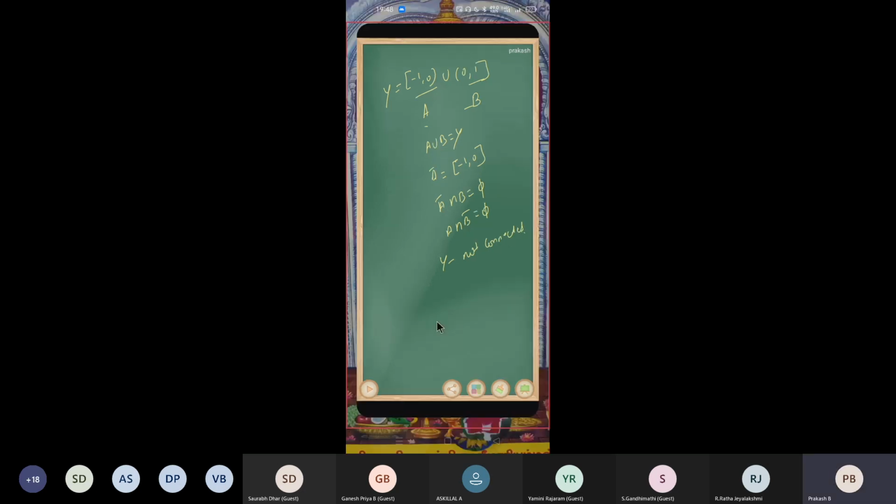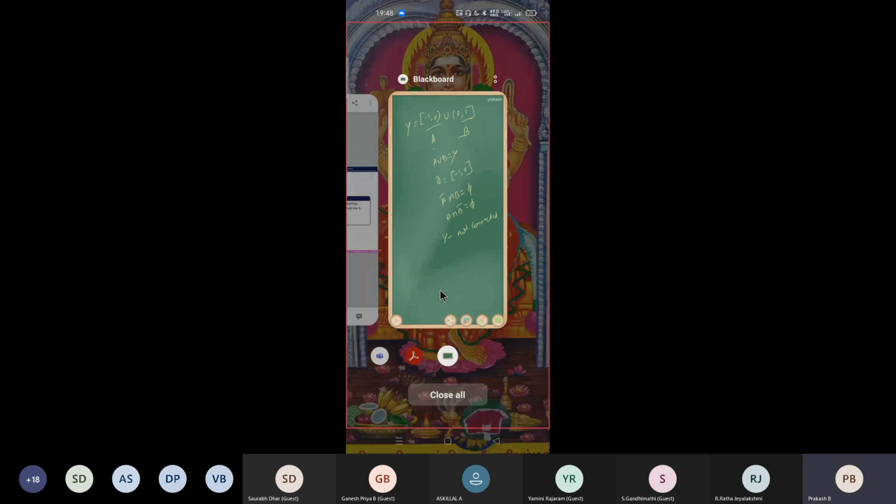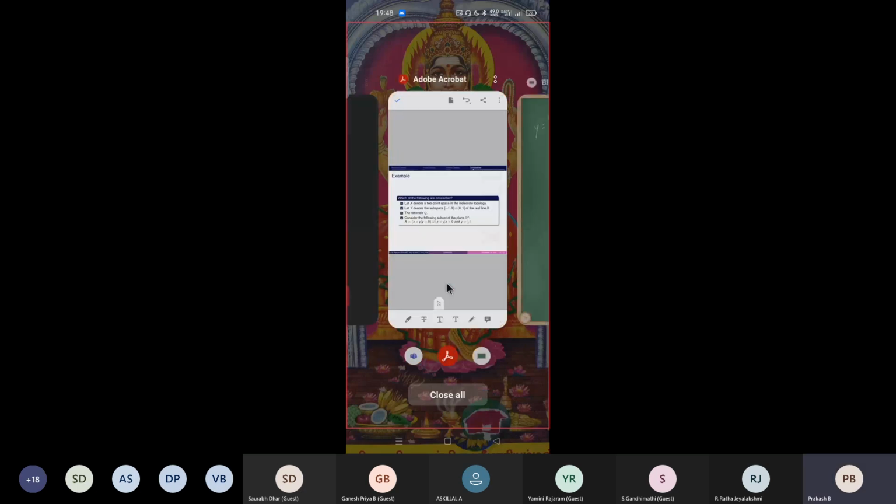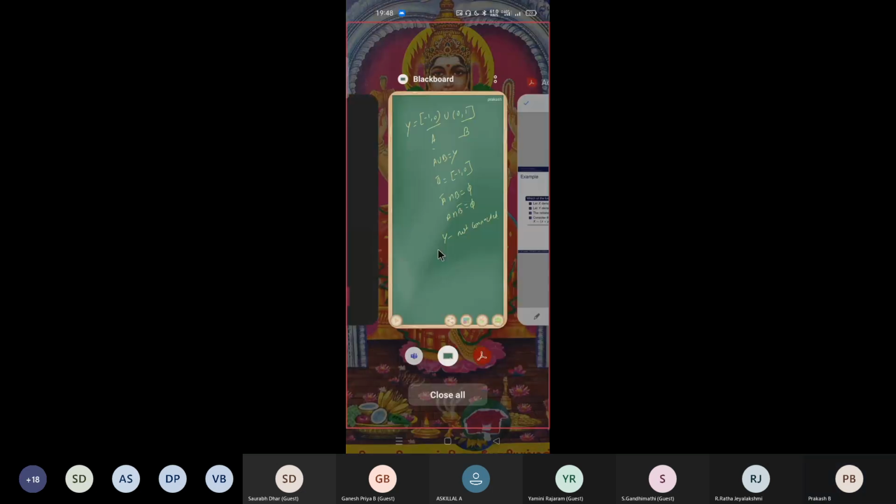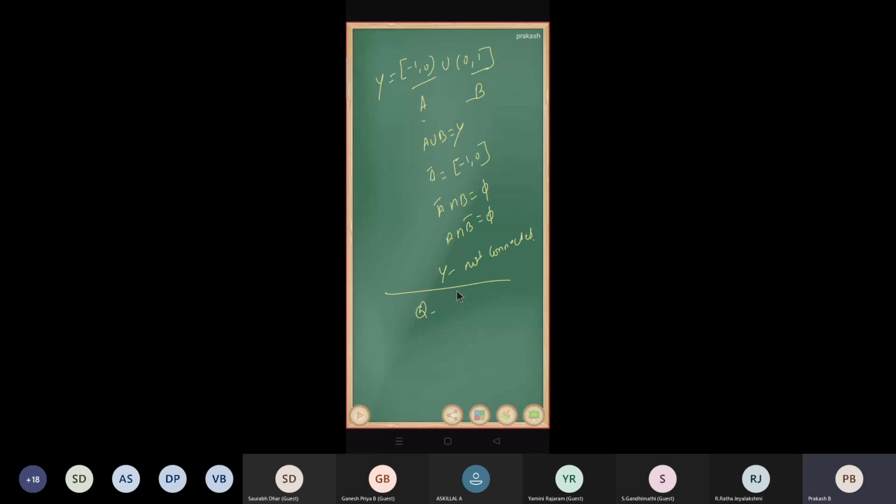So next one, rationals, right? So what about the rational one? Rational is a connected set or disconnected, not a connected set. Can you give a separation for that one? So in a real line, you are taking only rationals, right? So I'm going to pick one irrational number, √2, right?